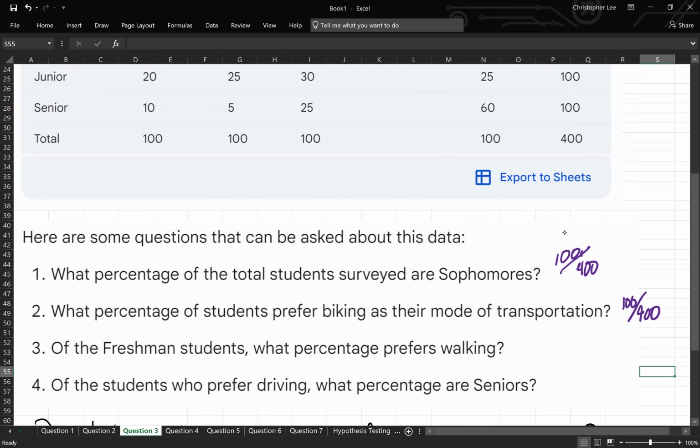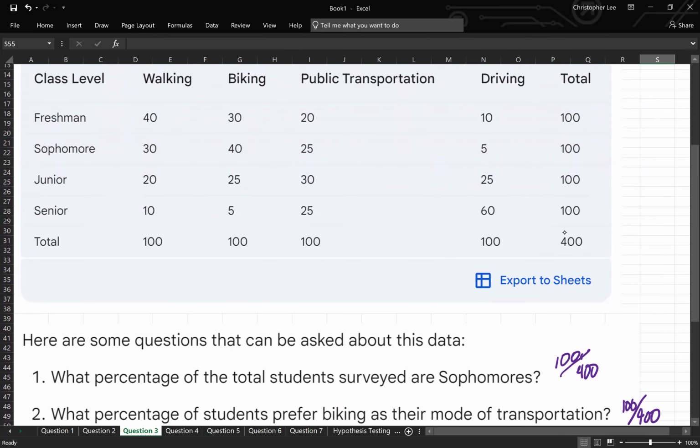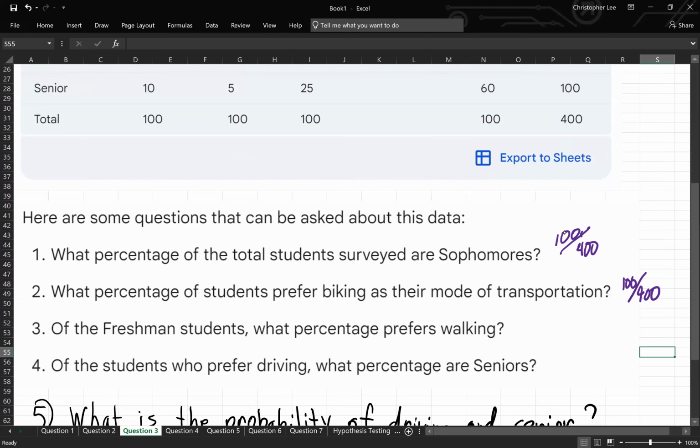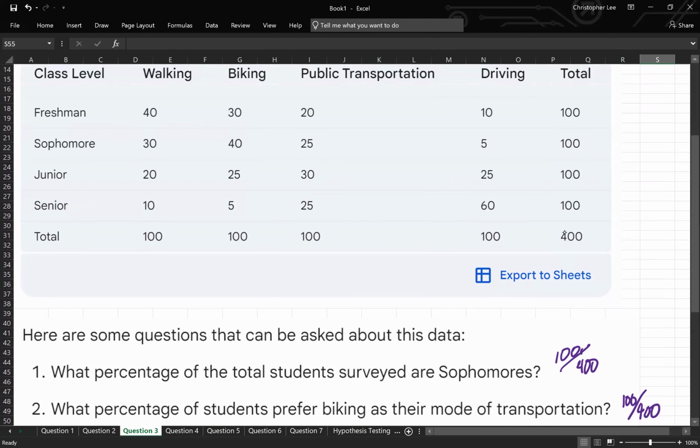Of the freshman students, what percentage of them prefer walking? 40 over 100. Very good. This is another way of seeing a given statement, right? Of the freshman students, that's what comes after the given. I'm only talking about the freshman students. It's 100 of them. Out of them 100 students, how many of them like to walk? So that's the 40 over